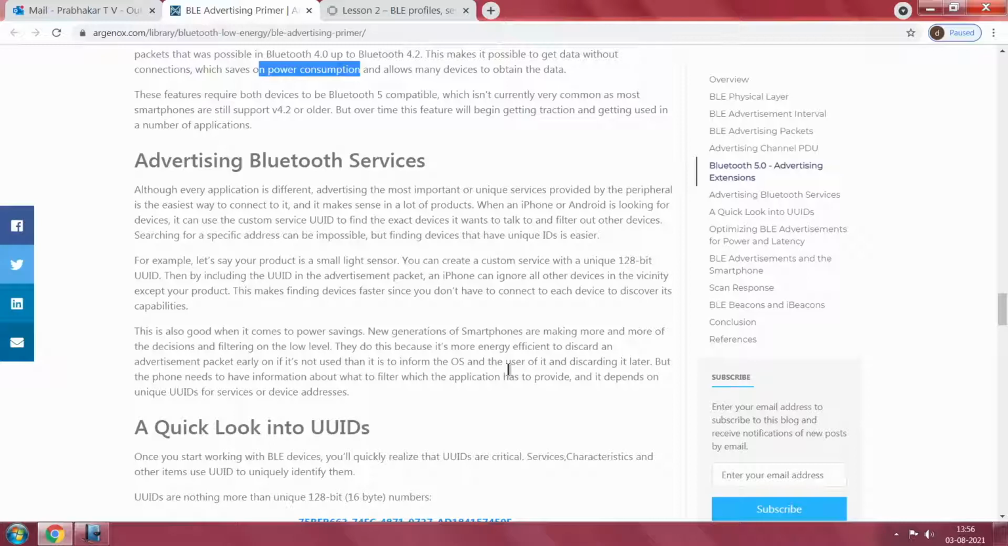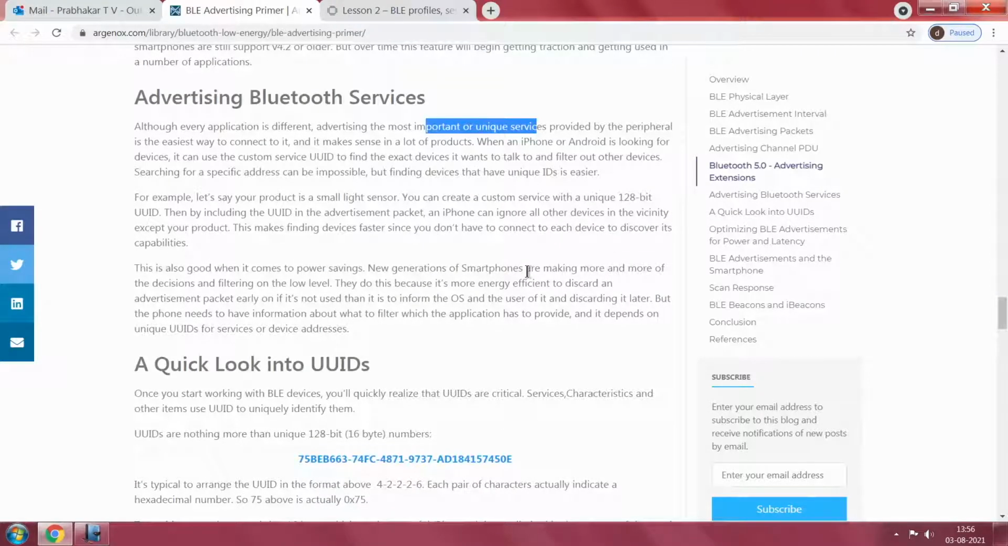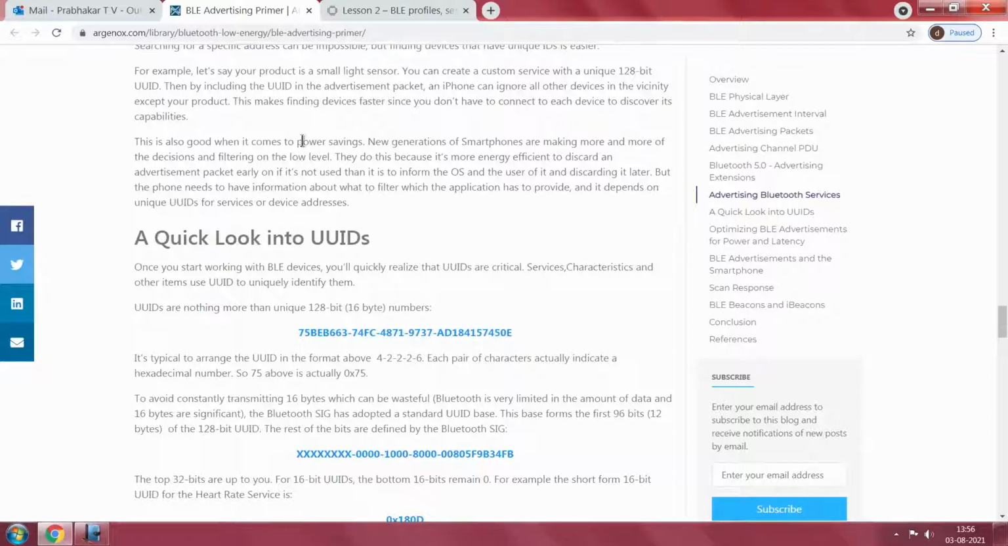So every application is different, so advertising is most important, and unique services provided by the peripheral is the easiest way. So phones are essentially the ones that humans are holding on to, and the nodes which are trying to connect are essentially the ones that are offering important and unique services because they are peripherals. So it is important to carry as much information in the advertisement packet about the kind of services which these peripheral nodes can offer, yet at the same time you have to ensure that it comes with a good amount